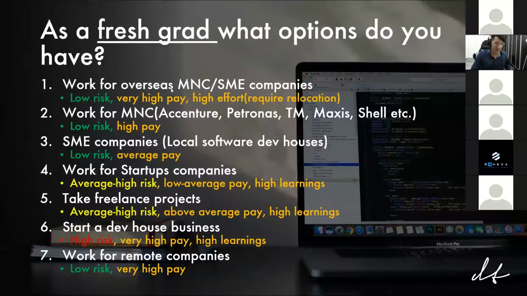Next, we also have SME companies, which are smaller than MNCs. For example, maybe local dev houses. They are low risk and average pay. Next, we also have the startup companies, which are even smaller than SME companies. So I classify them as average to high risk because they might face cash flow problems. They might gulung tikar, they might just close down. For this one, you might